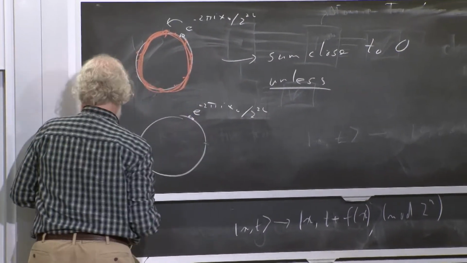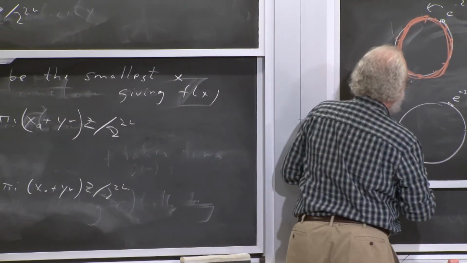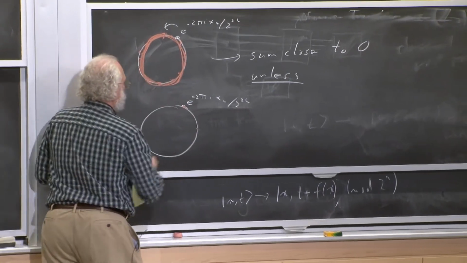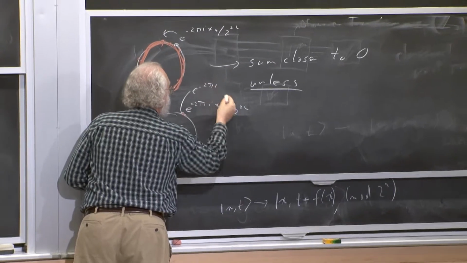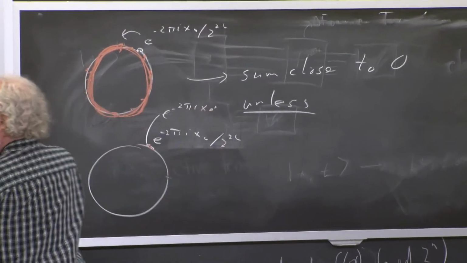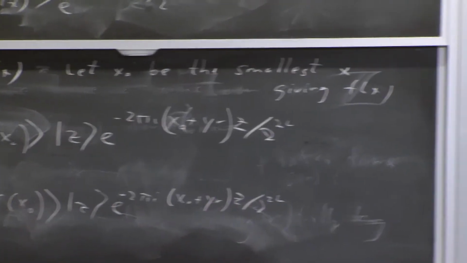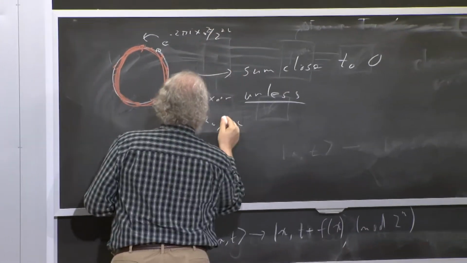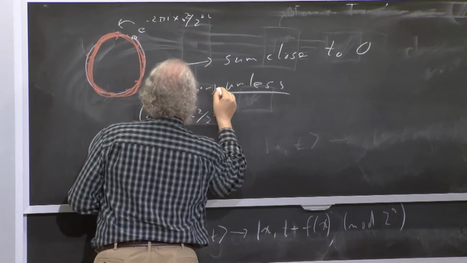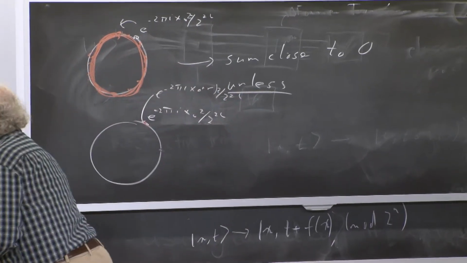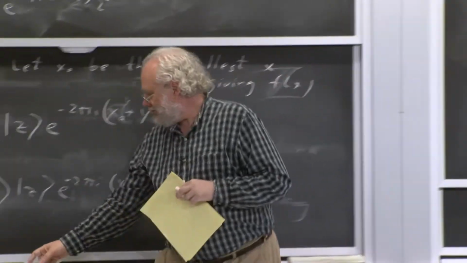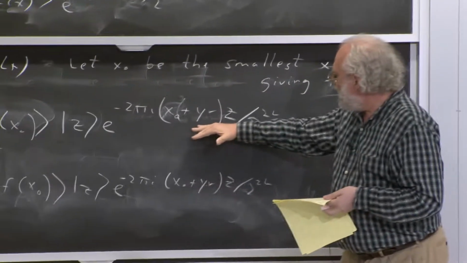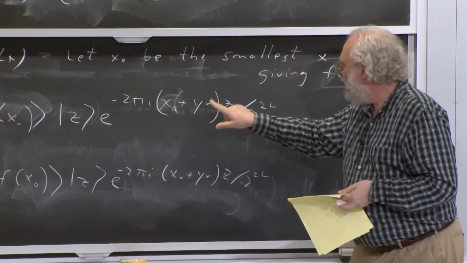And here is e to the minus 2 pi i x0 plus y equals 1 here, r, I forgot z here, z over 2 to the 2L. So unless what happens is when we plot the point, we move around by the angle 2 pi i rz